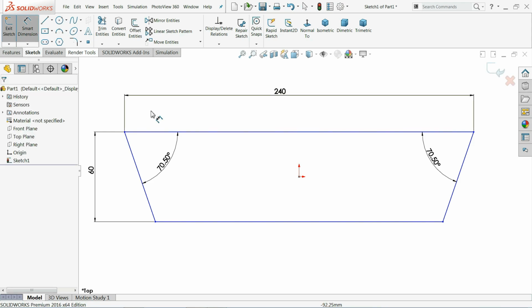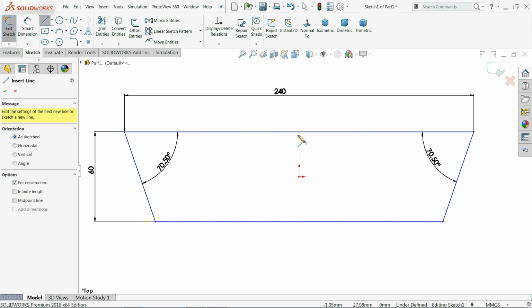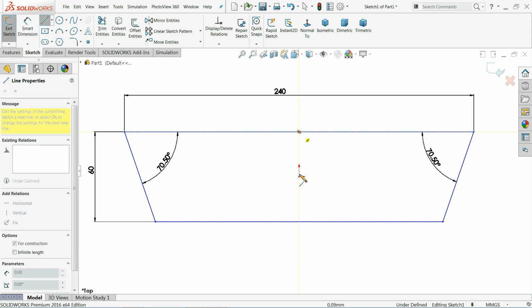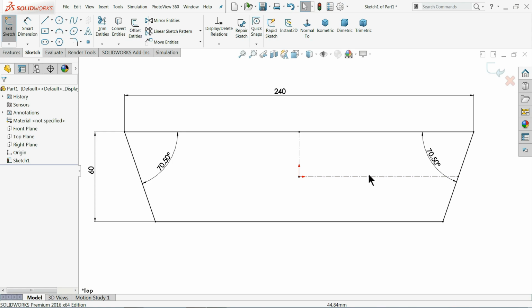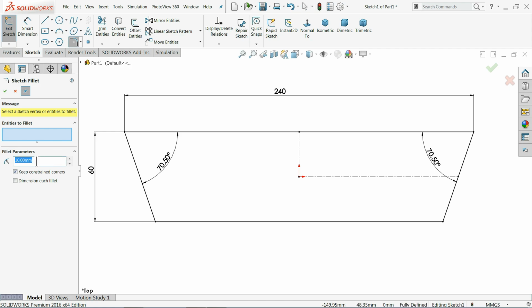Okay, now let's define. Let me do one thing, make one center line so that our geometry will be fully defined. Now see, if you draw this construction line, it is fully defined. That's fine. And here we will choose sketch fillet 15 millimeter.